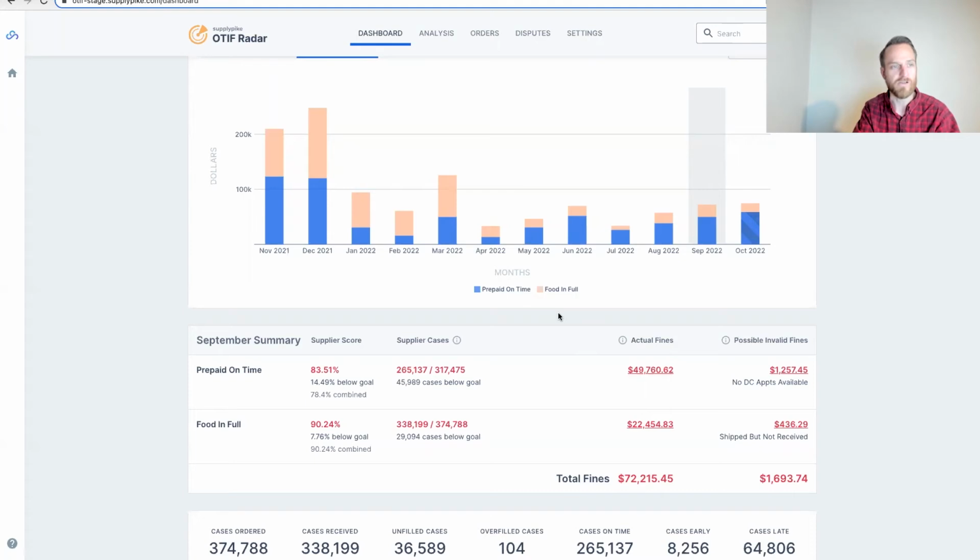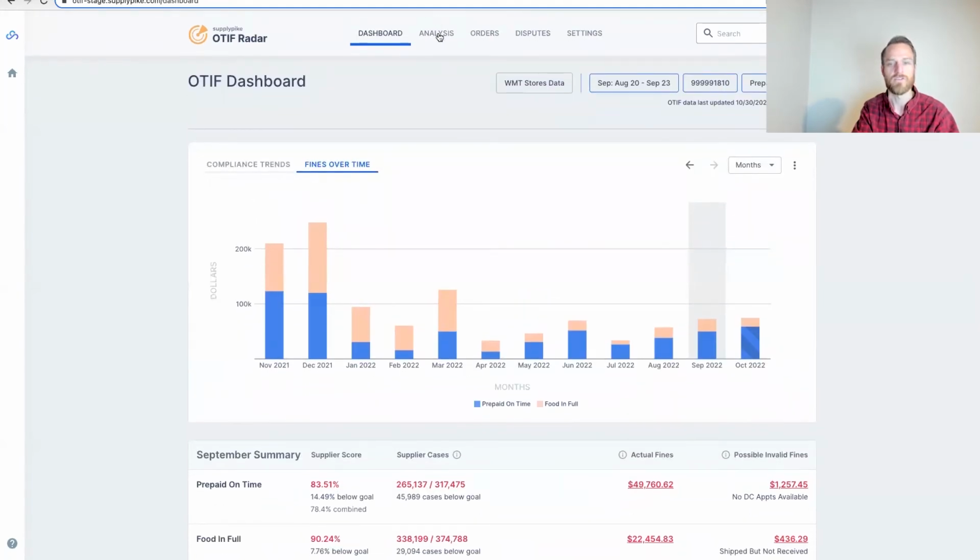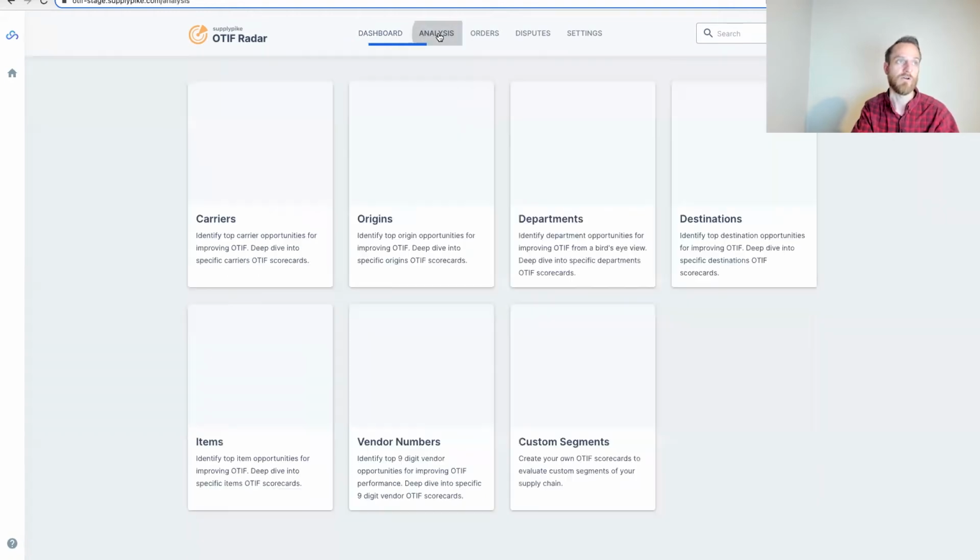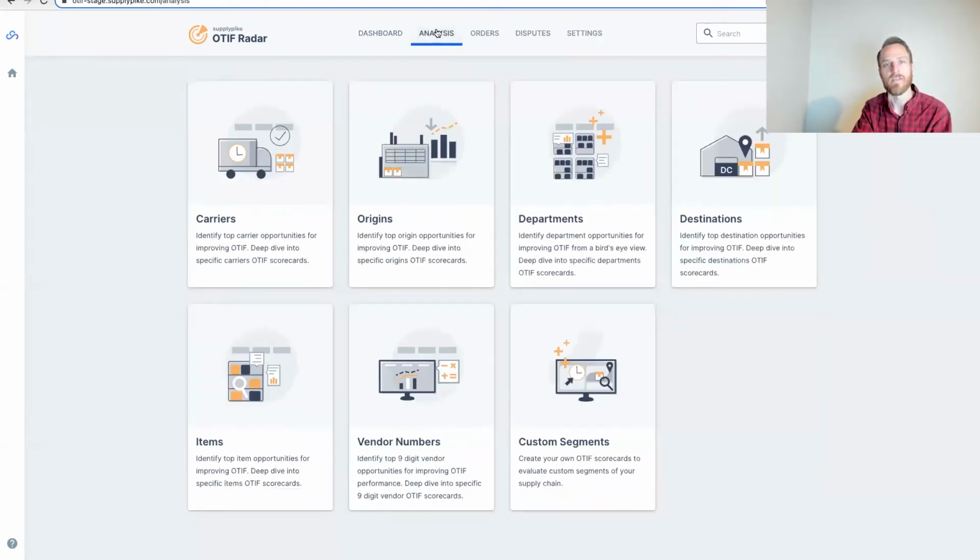But before we look at the orders, I want to show a couple of root cause analyses that you can do to see, where are the majority of my fines coming from? And so in SupplyPike, what I would do is go to this analysis tab. And this is where we break down your OTIF data from all of these different perspectives. So for OTIF specifically, there's probably ones here that are more helpful than others. So the areas that I would really focus on is